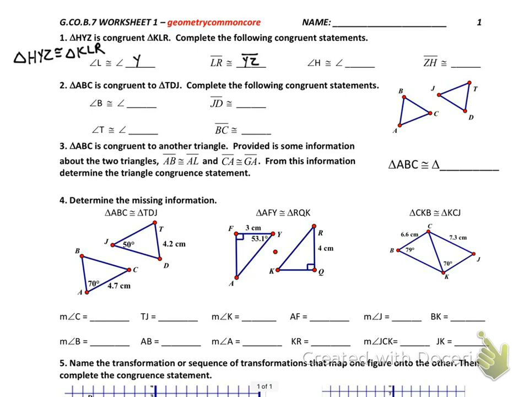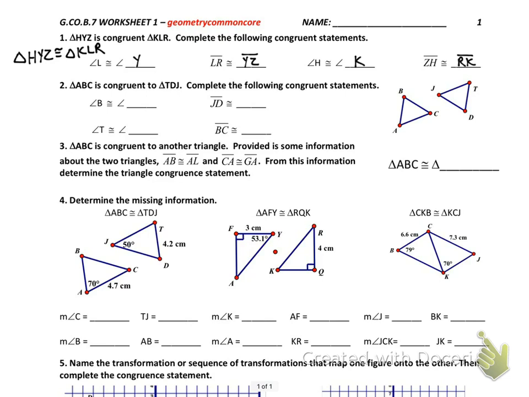And angle H is going to be congruent to angle K. And lastly, ZH is going to be congruent to what? RK. All right, pretty straightforward, pretty simple concept, but important to know that. All right, so the next one is